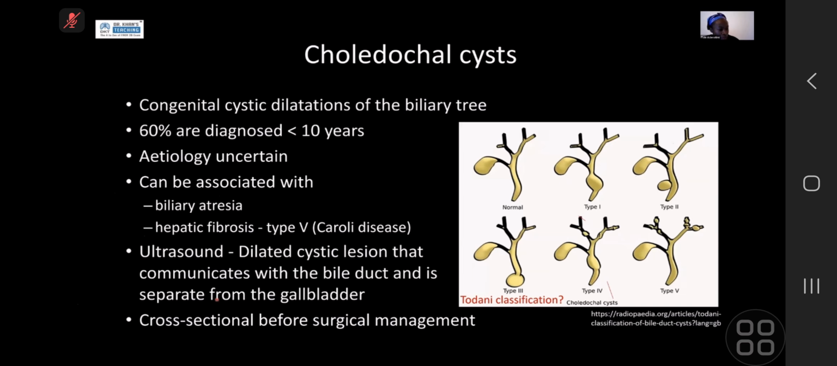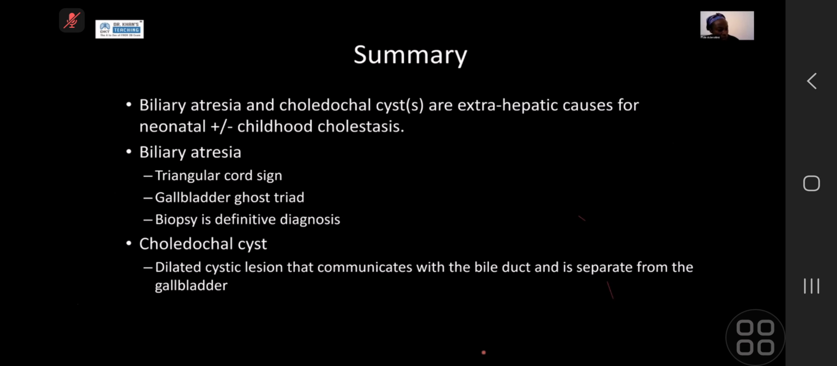And like we would see on the MR, what you see is a dilated bile duct or cystic lesion that communicates with the bile duct and is separate from the gallbladder. And then they'd go on to have MR imaging to clarify the anatomy prior to surgical management. So those were 2 quick liver conditions, just so that you're aware of them. So biliary atresia and choledochal cysts, which cause